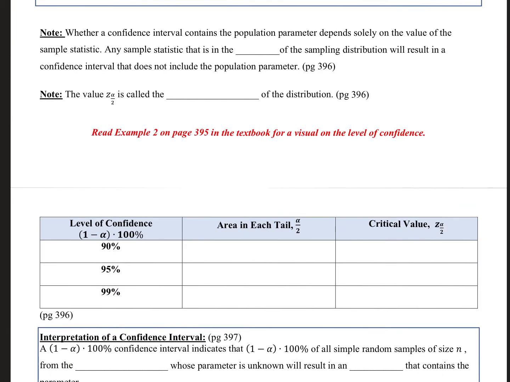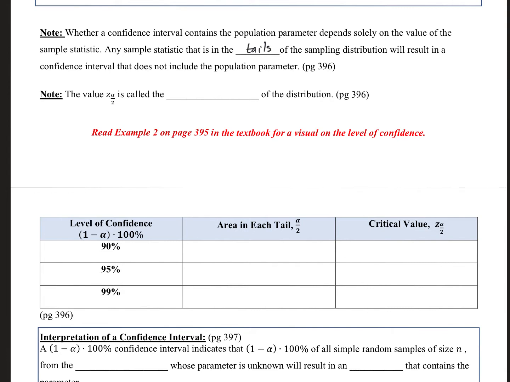Now note, whether a confidence interval contains the population parameter depends solely on the value of the sample statistic. Any sample statistic, that's a hard word, it kills me. Any sample statistic, I got it. That is in the tails of the sampling distribution will result in a confidence interval that does not include